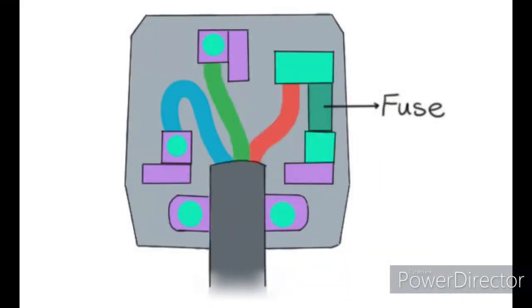Another part of the plug is the fuse. The fuse is an important part of the toaster, but it can also be found in houses. A fuse can be defined as a safety device that protects electrical circuits from the effects of excessive currents. Fuses help to control the amount of current, so if the current becomes too high, the fuse breaks and then